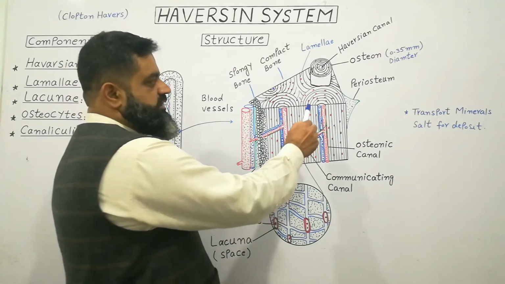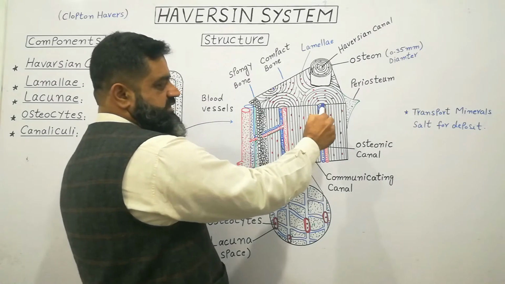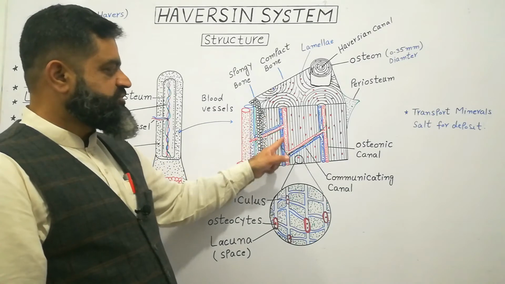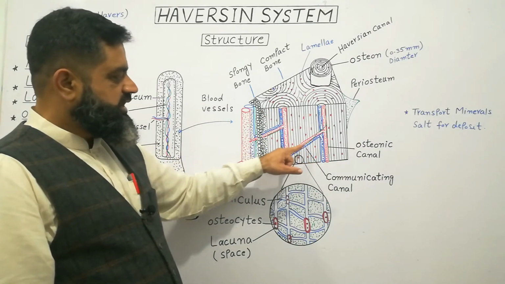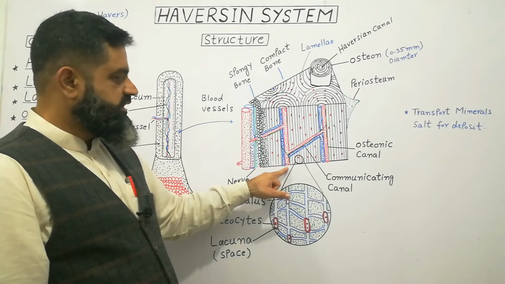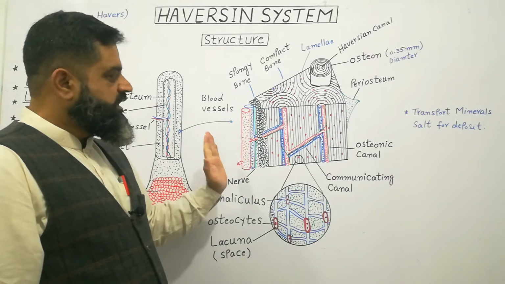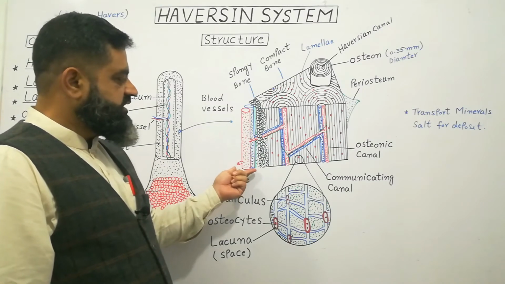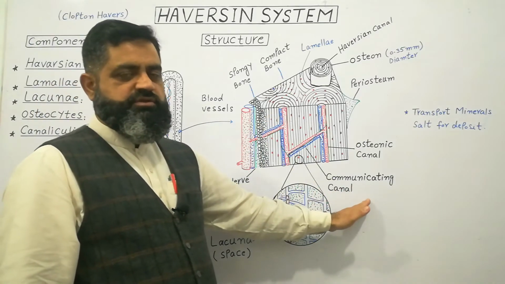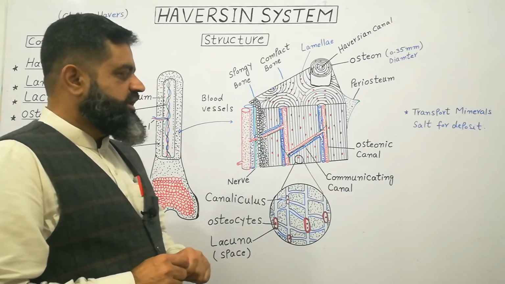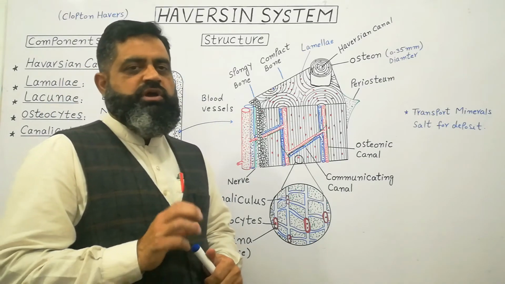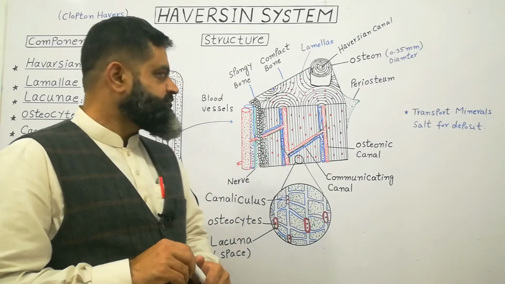As you can see here, this is an osteon, and in the center there is a canal which is known as osteonic canal. At the same time, this is also an osteonic canal. There are also certain canals which are known as communicating canals, which join two osteonic canals, as you can see here, and one is right over here. With the help of these are two major blood vessels, artery and vein, which communicate with osteonic canals with the help of communicating canals. These osteonic canals and communicating canals provide blood to different parts of the compact bone, also nerve supply and also lymphatic system.